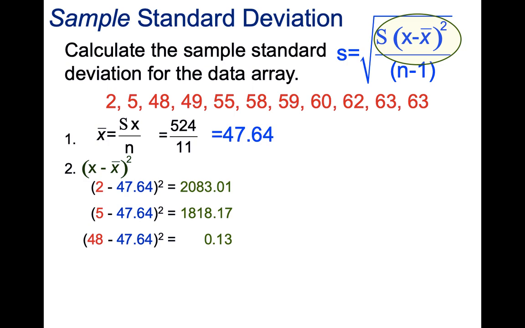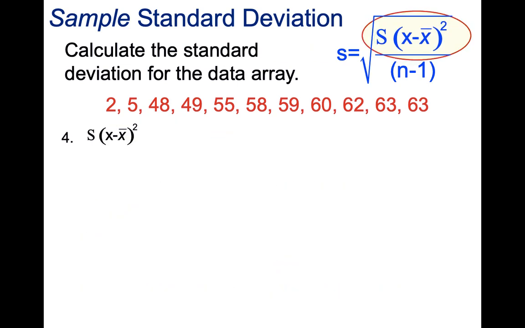As you can see, here the numbers start off large because they are far away. 2 and 5 are very far away from the mean. But when we get to numbers like 48 and 49, they're very close to the mean, so the difference is very small even when you square it, because the standard deviation is a measure of how far away from the mean. Anyway, you continue to do this. You have a total of 11